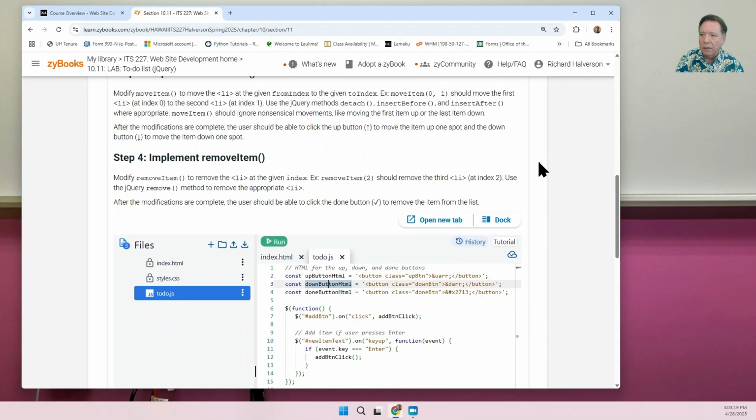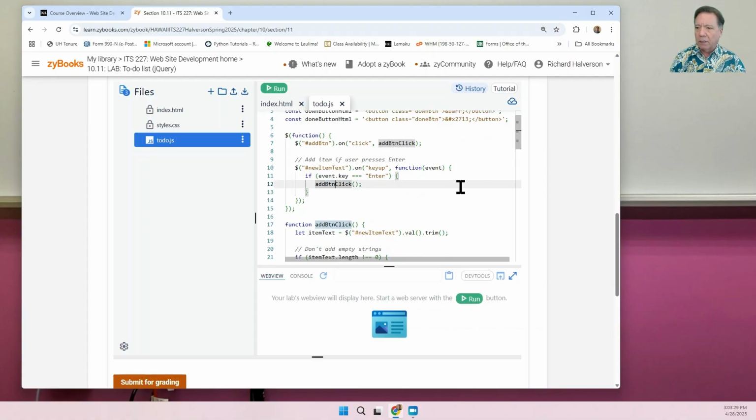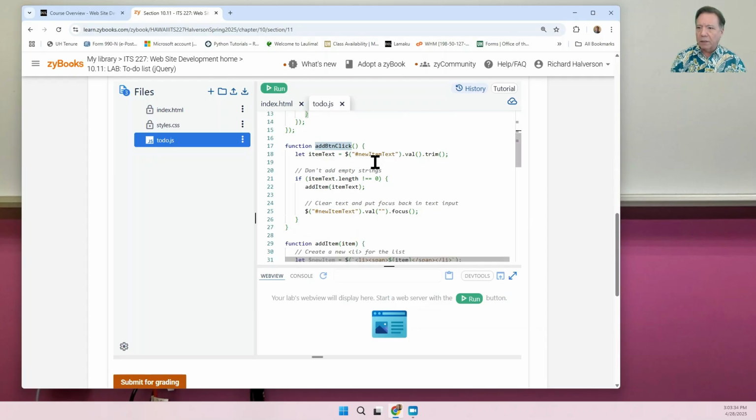And it also works if the user presses enter. That will also invoke the add button click method, and the add button click method simply